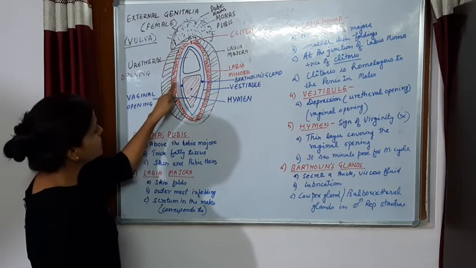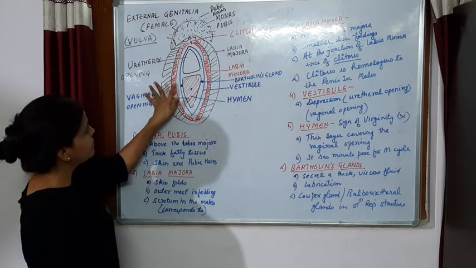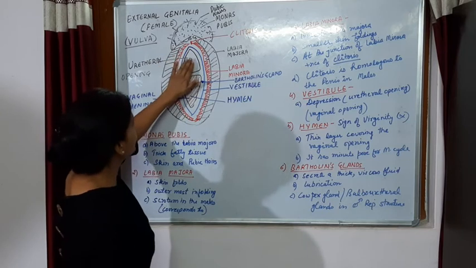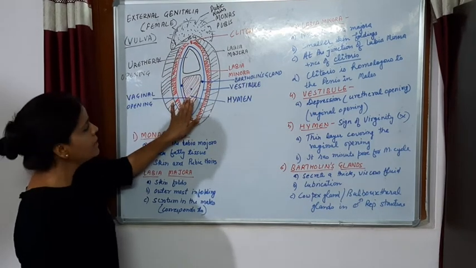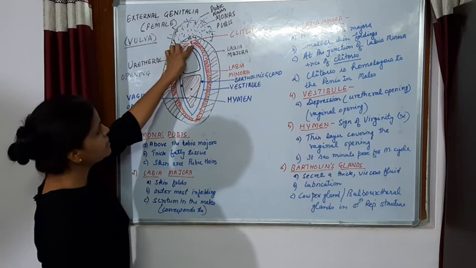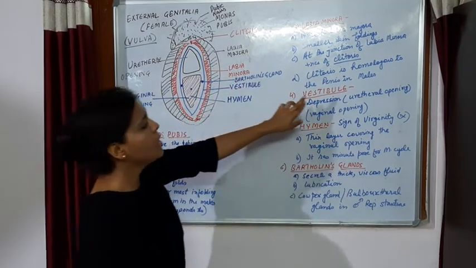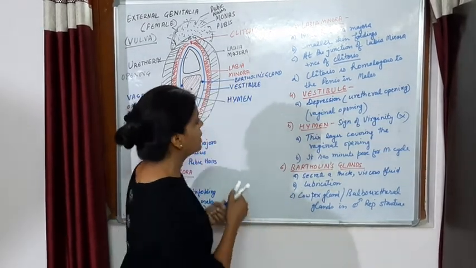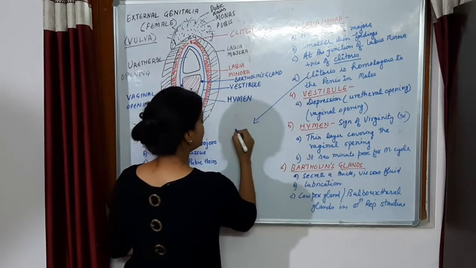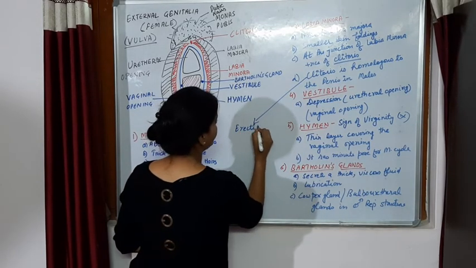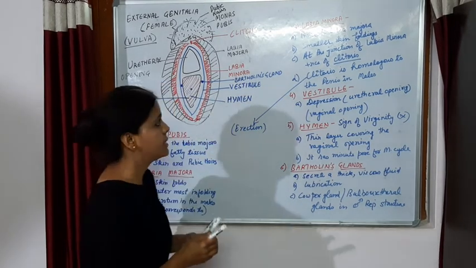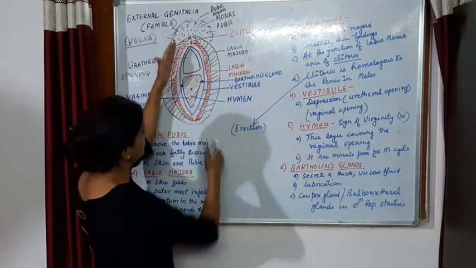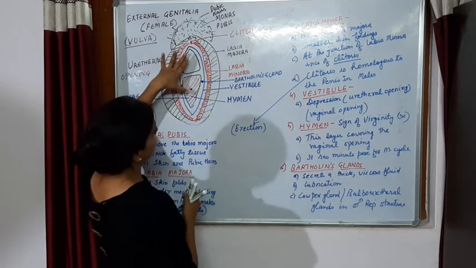This is the layer inner to the labia majora, the labia minora. Then is the vestibule part. The vestibule has the urethral opening and the vaginal opening, right? And one more thing, the clitoris is present. This is again homologous to the penis in males, because the clitoris also shows an erection-type property similar to the penis during sexual excitement. Then the vestibule, again, is a depression, the whole depression, having the two openings.